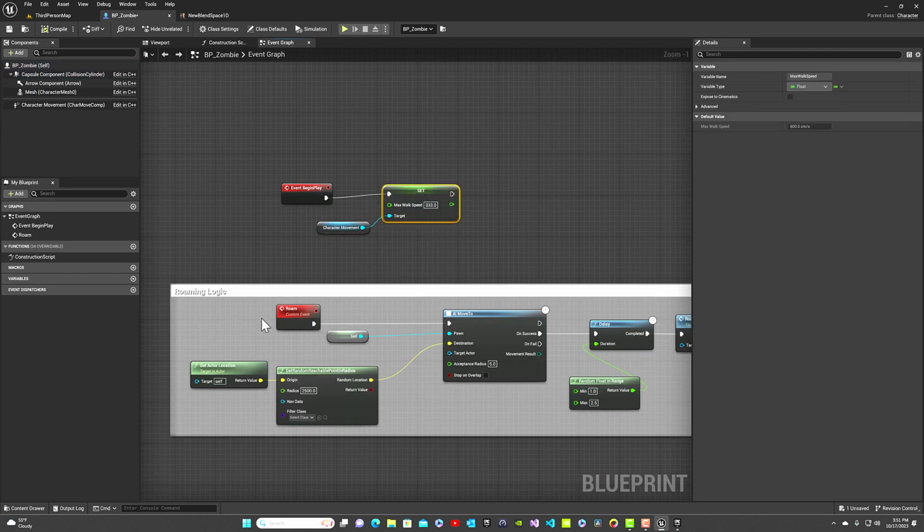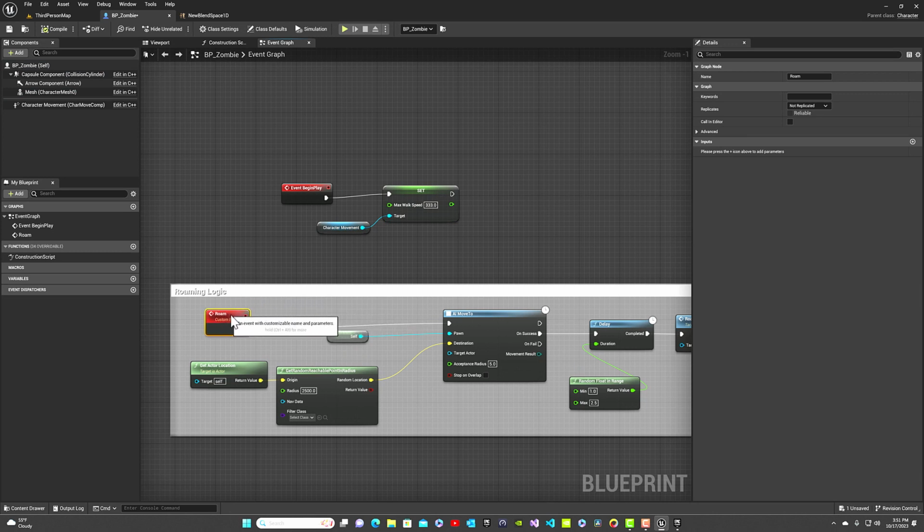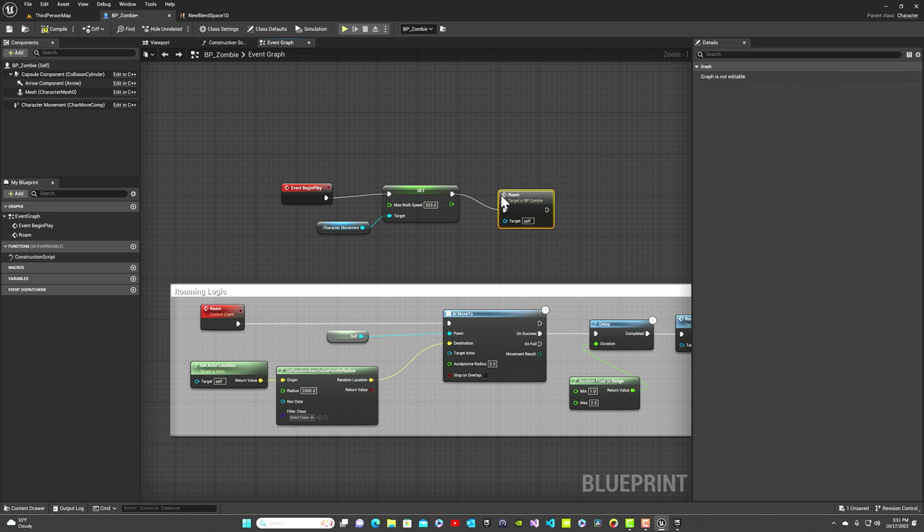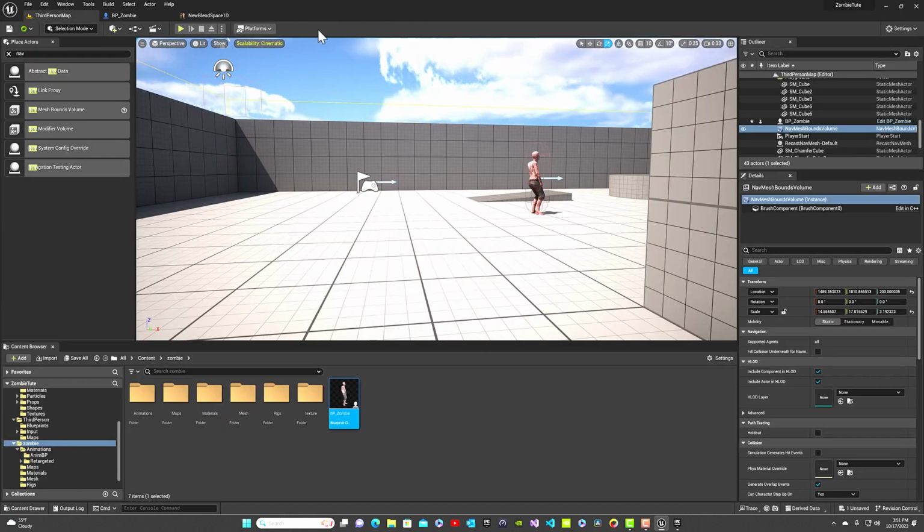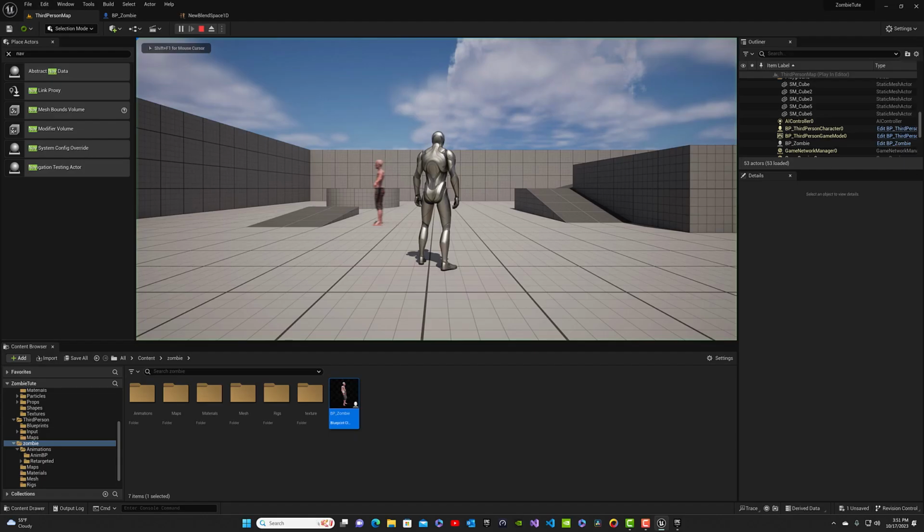Event begin play. Okay, here is why. All right, I made a custom event, right? But I never called the custom event, okay? And I have to call it. So right there is where I can call it, roam. Okay, that should have struck me right in the face. Never called the function, Ben. So yeah. So now,